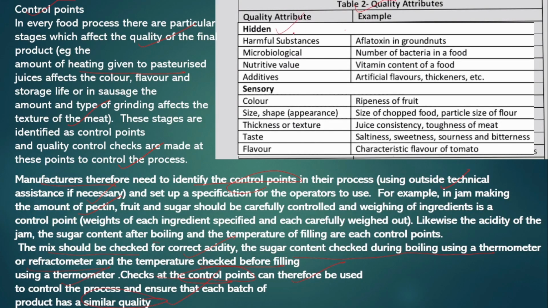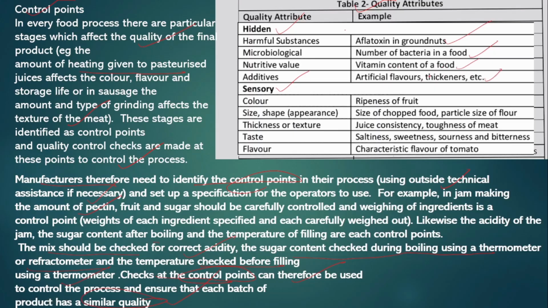Quality attributes that are hidden and sensory. Harmful substances, such as aflatoxins in groundnuts, and microbials, that is the number of bacteria in the food, which we can't see, and the nutritional value, that is the vitamin content of the food, and additives, which are artificial flavors